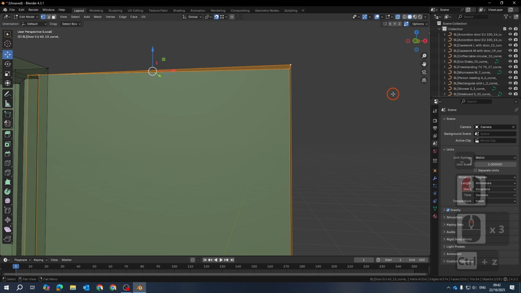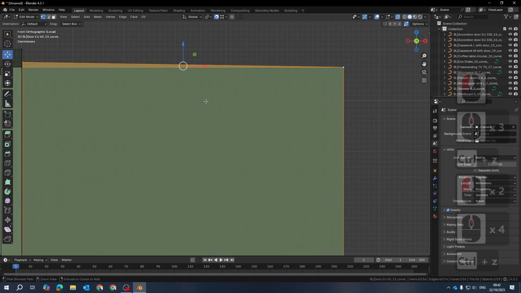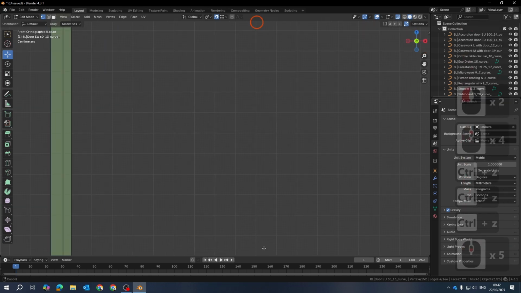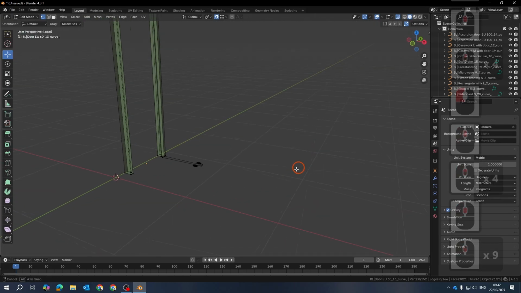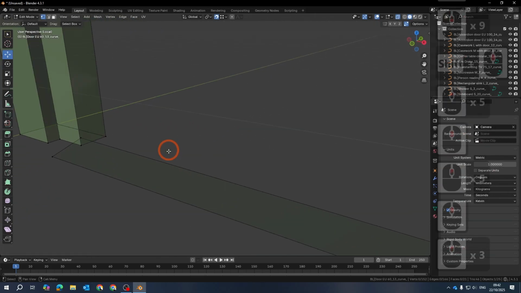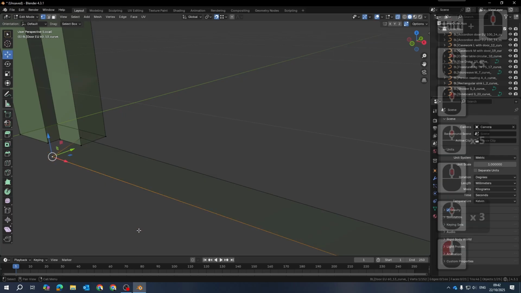Oh, undo, my bad. So let's just look at this from the side. I made a bit of a mess there. Just be careful when you are selecting these vertices. Ooh, they weren't flat. That's scary. It should have been flat. Okay, so if we go to linked, so